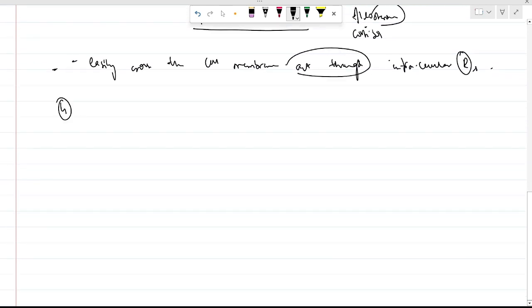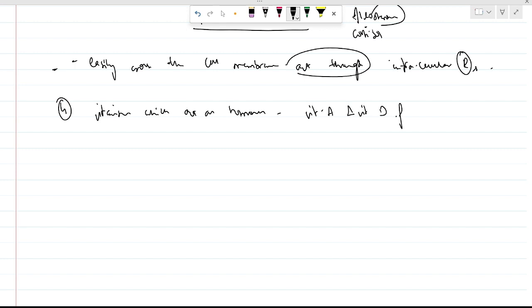The fourth type we are going to see is some vitamins which act as hormones, such as vitamin A and vitamin D. Very important, these are fat soluble vitamins. These vitamins in higher concentrations act as hormones. Their receptor, remember, is intracellular receptors. The vitamins which act as hormones, their receptors are intracellular.